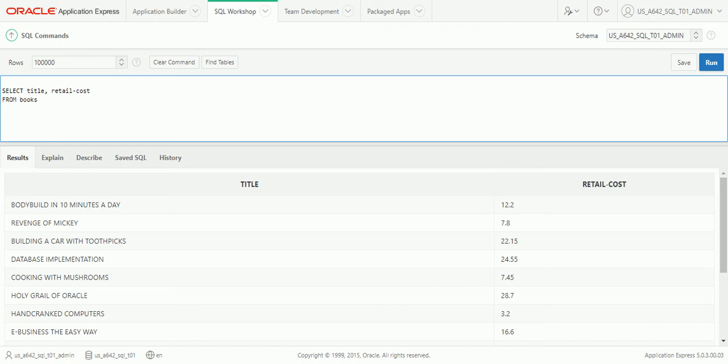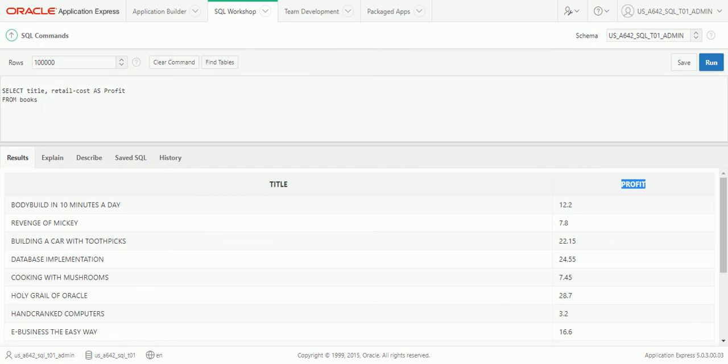Now it's not obvious that this is profit, so I'm going to add an alias. So now it will say profit instead of retail minus cost. So now I have a column for title and a column for the profit, which I'm calculating with some basic